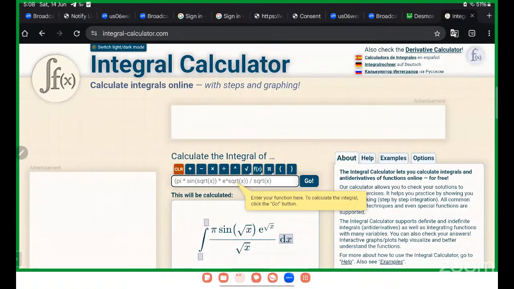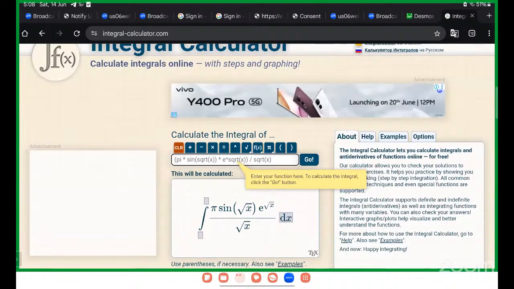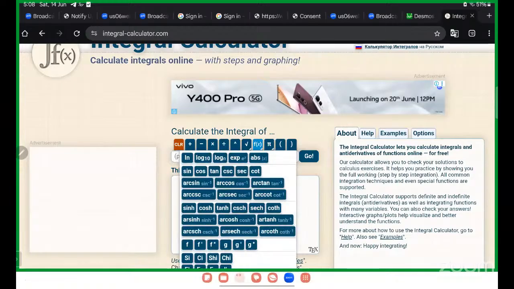With the help of this tool, we can calculate integrations of any function. We just have to enter the function here and click on go. If you want to find the integration of functions like sine x or cos x, just select the function from here.